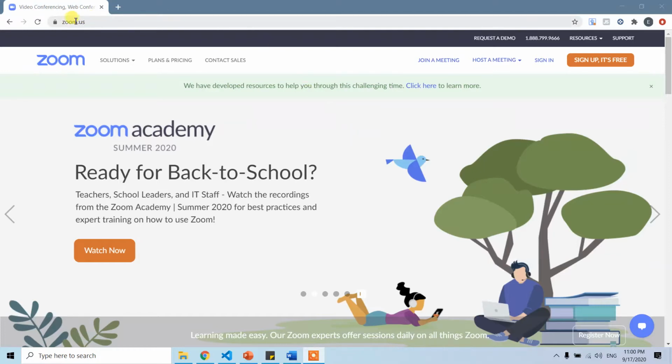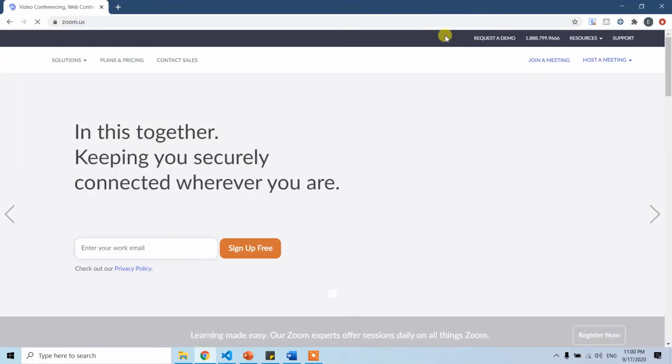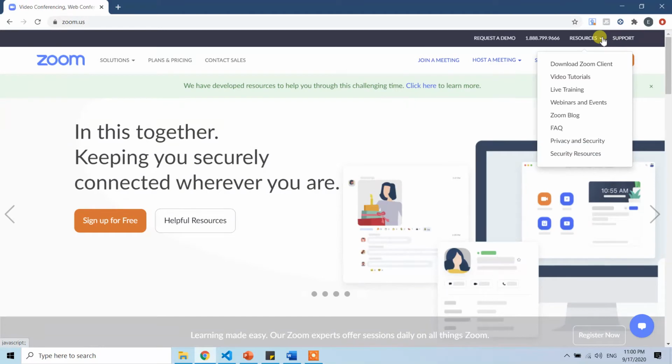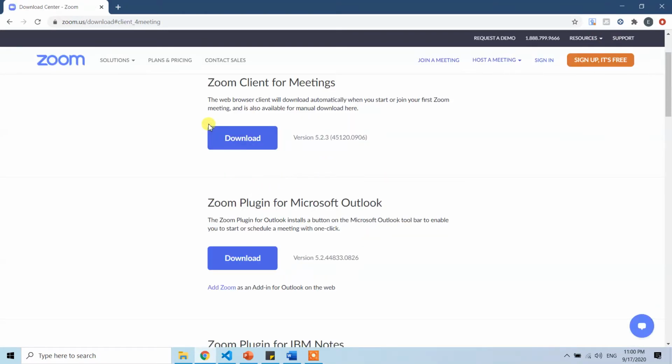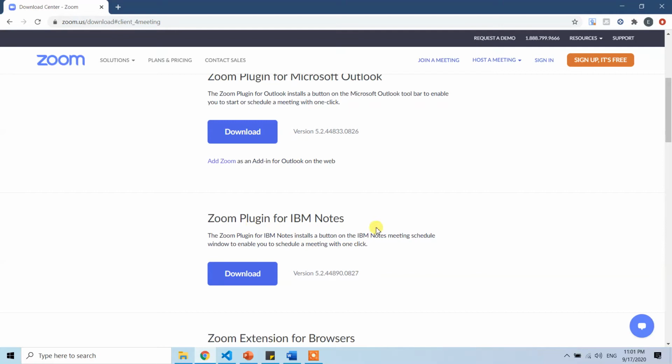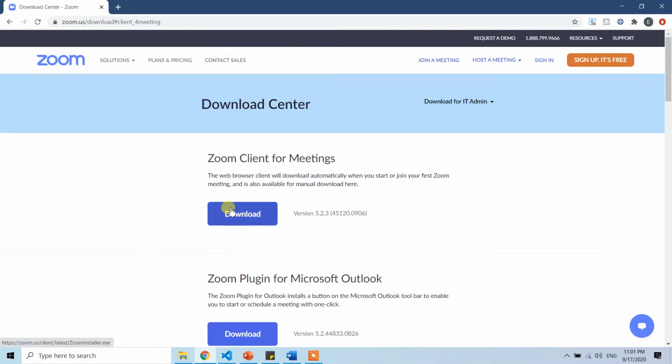So go to the zoom.us, so then click on resource and download Zoom client. Here we have several options: Zoom client for meetings, Zoom plugin for Microsoft Outlook, Zoom plugin for IBM Knoll, so on and so forth. Since I will be downloading this Windows 10, you have the Zoom client for meetings. Just click on download,